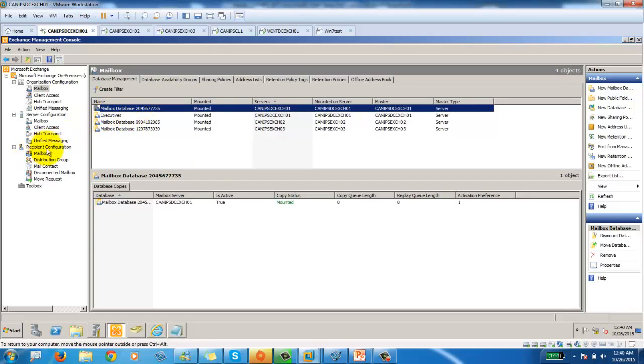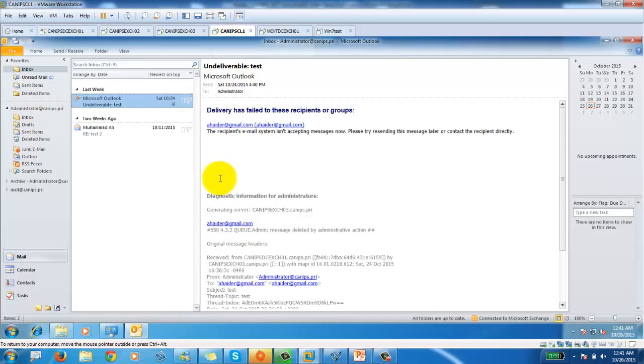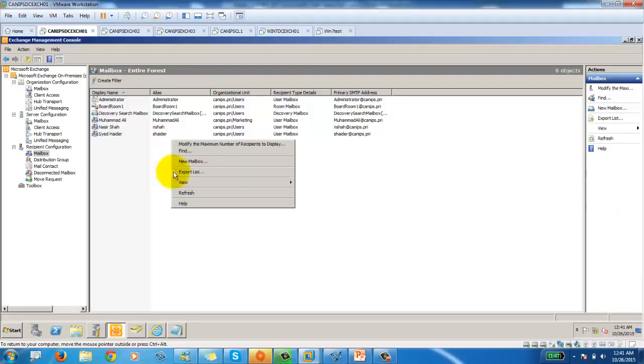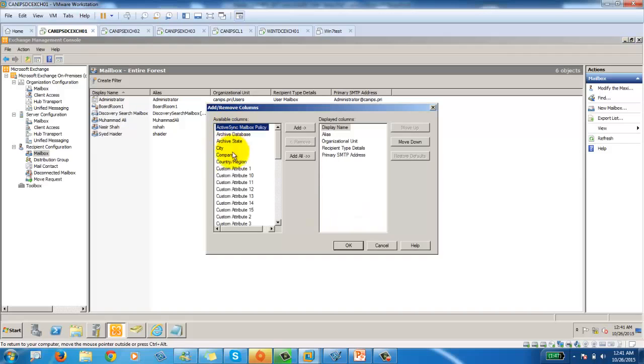So let's jump on to recipient. All user settings are here. We can go to mailbox, and here I can see the administrator account. So basically this is the user who's logged in here. In order to find out where his mailbox is sitting, all we need to do is add some more columns. So if I right click anywhere in this white space, and then say view and then add remove columns. Within add remove columns,